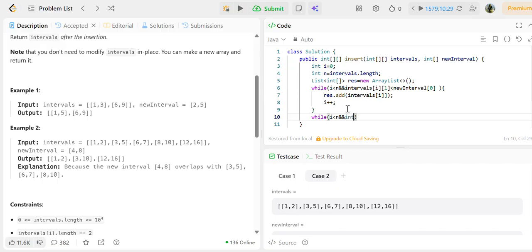So now next we'll add while this I is less than n and this intervals. Now since we have checked this case that this interval is smaller, then we'll directly add. And then what about this case? This we have not greater, right? It is smaller. So in this case we're going to check if the I of 0, this one, is less than this 5,